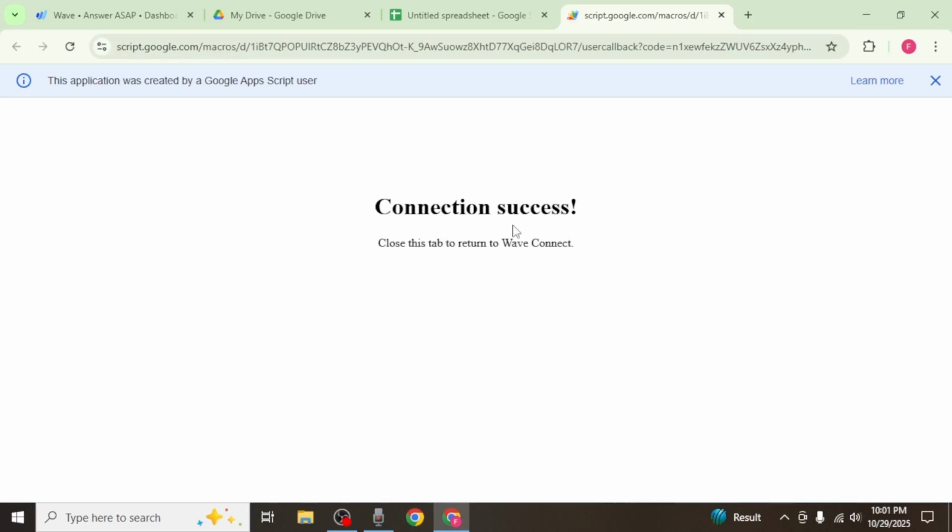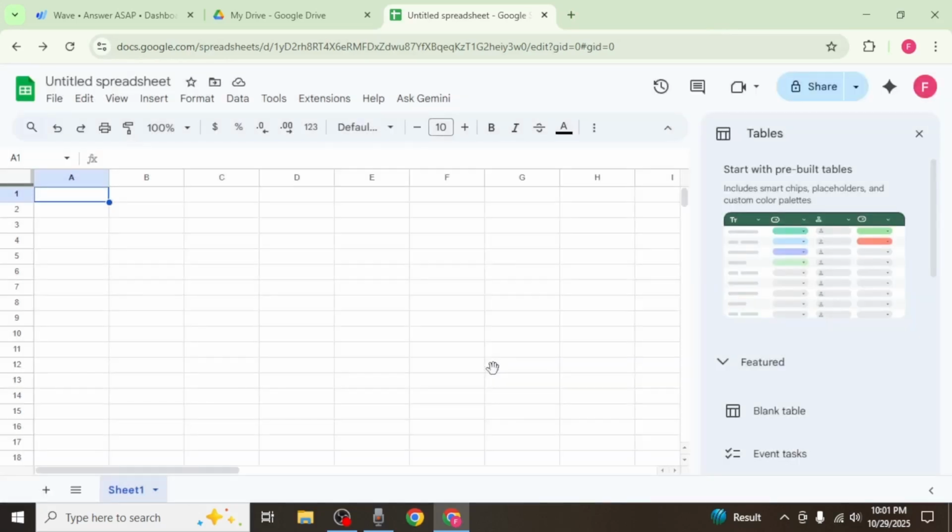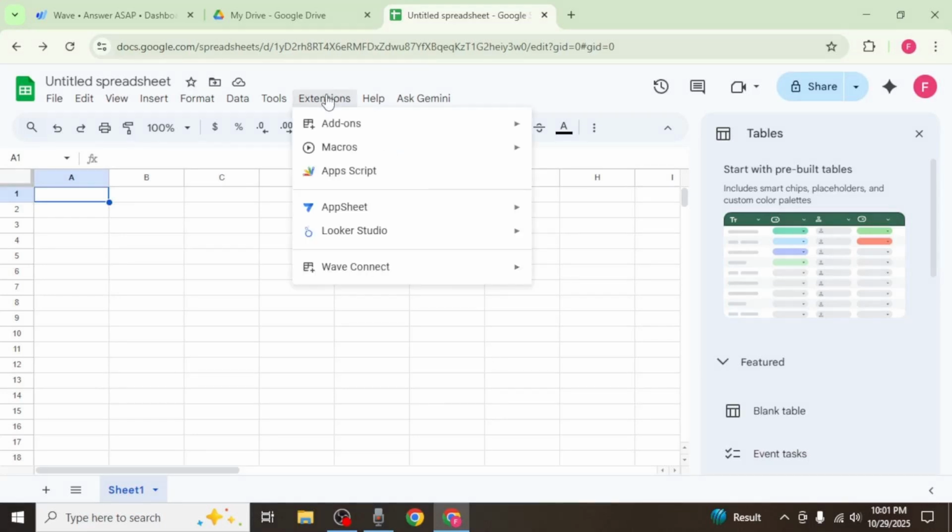If you are not logged in, you'll be prompted to enter your Wave login details to complete the connection. Once the authentication is done, you will see the message confirming that the connection has been successful. From this point onward, you can go back to your Google Sheet, and whenever you want to use Wave Connect to import or export data, you can simply click on Extensions, hover over Wave Connect,